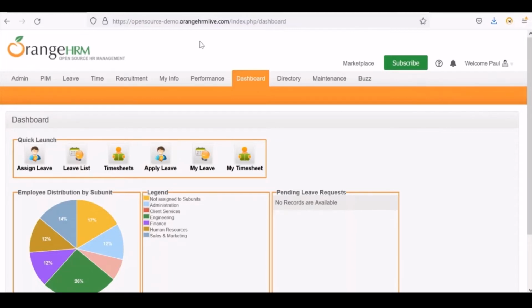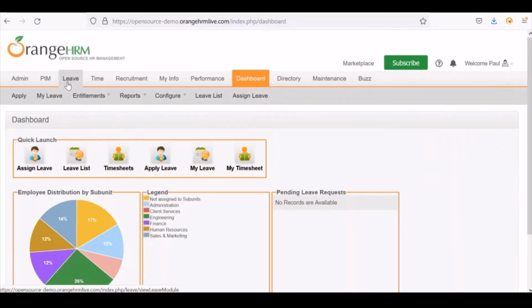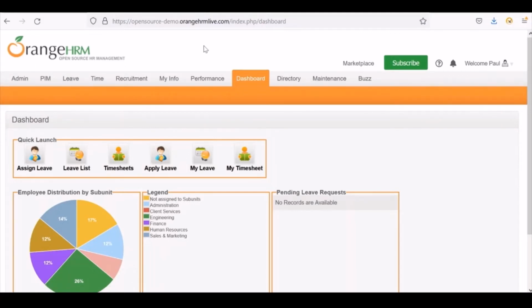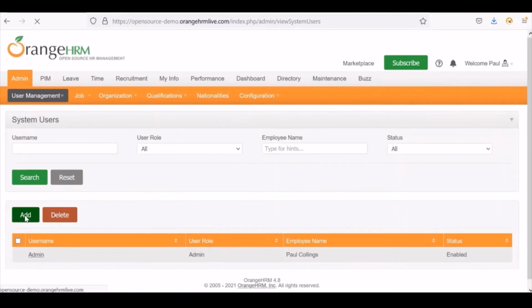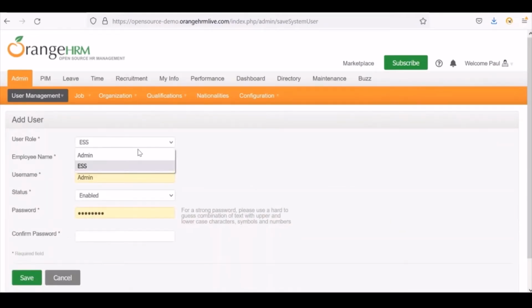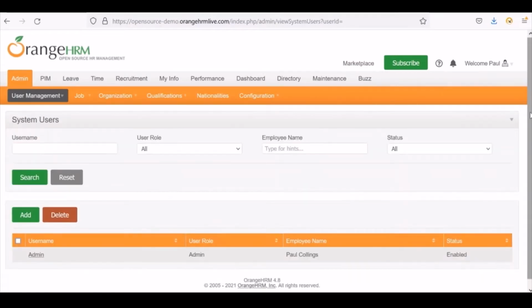And this is where you can maintain the timesheets, the time records logged by the employees against each employee, and the leave management module. So this is the HR application which is connected to everybody. This is the admin module. This is the place where you can add a new employee, choose the role for him, create a username, select the status of the employee as enabled or disabled, and click on the save button. This will save the employee record into this portal, which means that the employee has joined